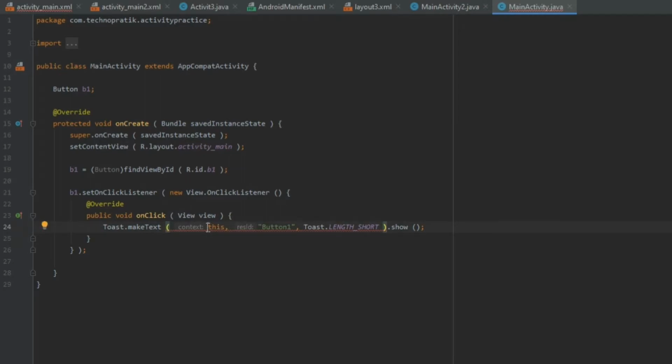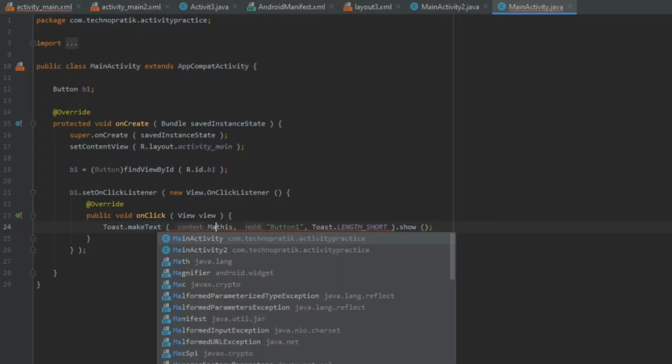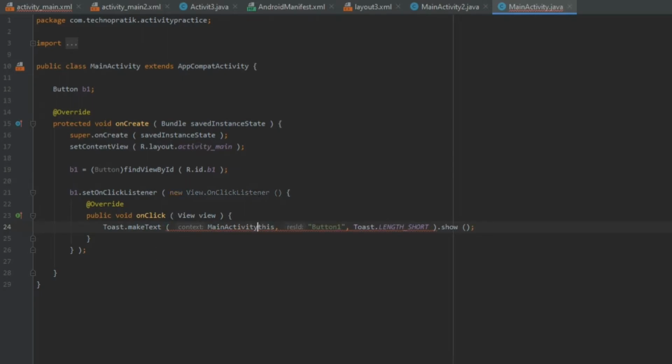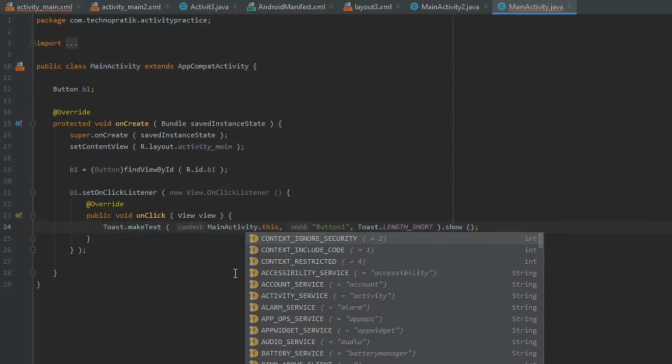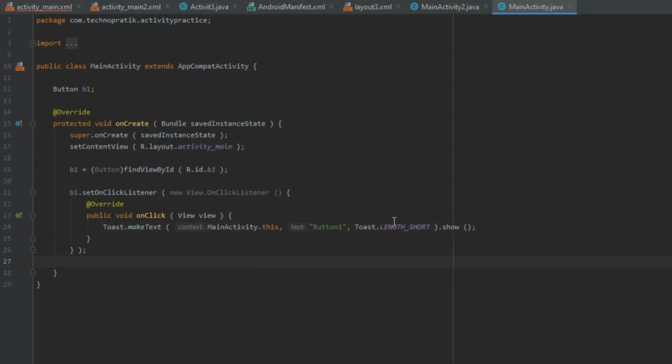We will write here activity name, MainActivity.this. Okay, so this is onClick, one method by which we can set a listener.